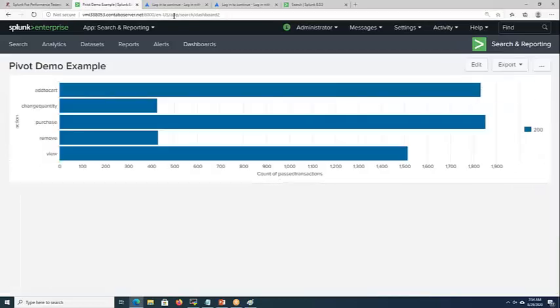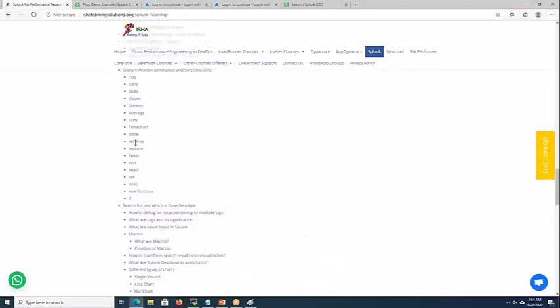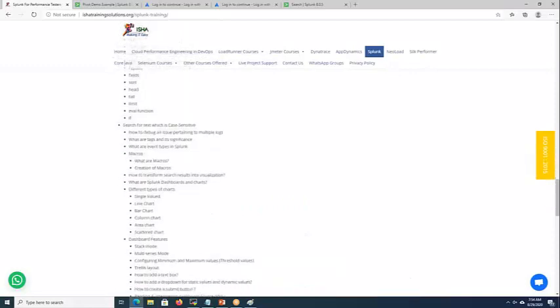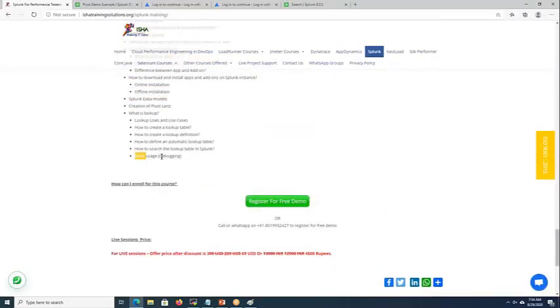We'll discuss multiple things in our classes, and we'll have lookups, which is also an interesting feature. We'll also discuss what to do if there is some issue with configuring the Splunk indexer and forwarder, how to troubleshoot, and how to verify the logs.